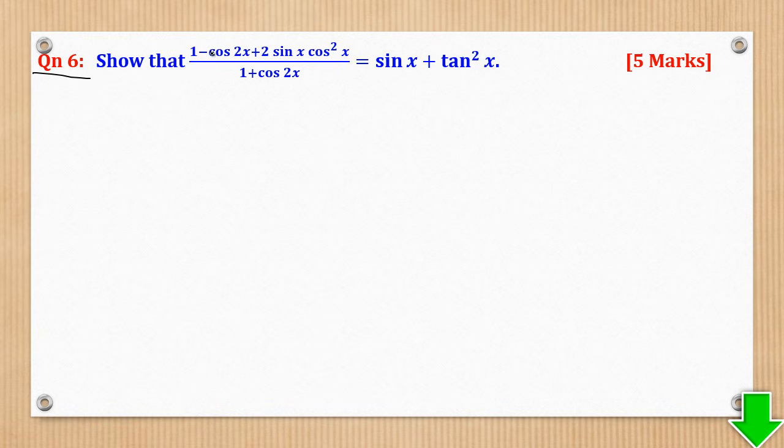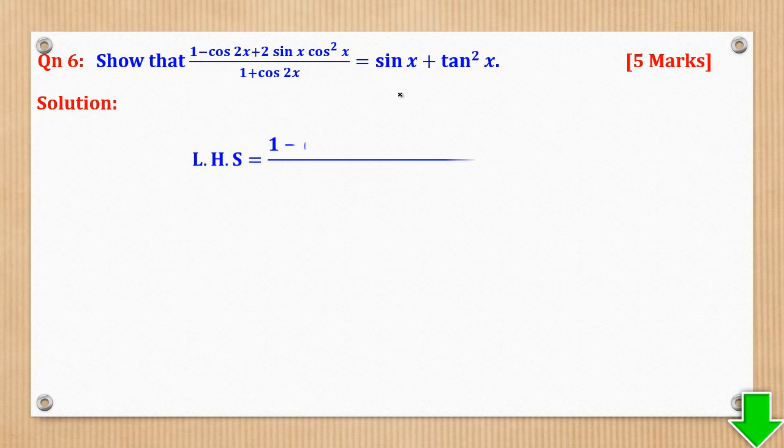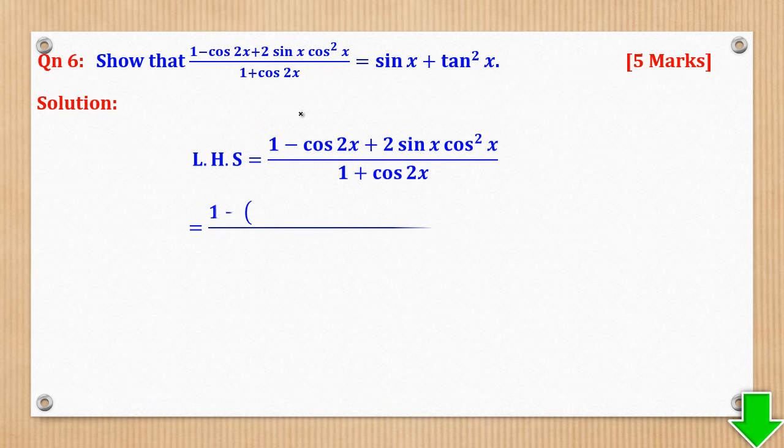So question 6 says, show that this is equal to this. You can either begin from the left-hand side or the right-hand side, but I think you realize it is tricky to begin from this side going to this side, because this one has a few terms. So it is better to begin from the left-hand side and simplify until you get what is on the right-hand side. So when I code the left-hand side, I will simplify by saying that this,